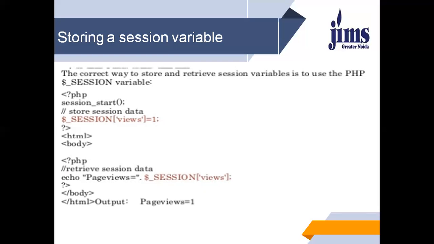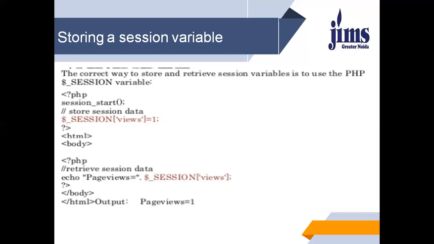So before storing data into a session, we need to start the session. We will first call session_start and then $_SESSION, and whatever name you want, you mention in square brackets, and then equal to and the value.